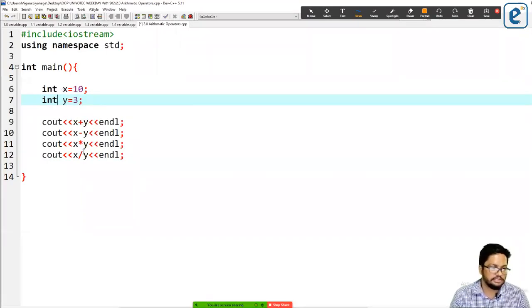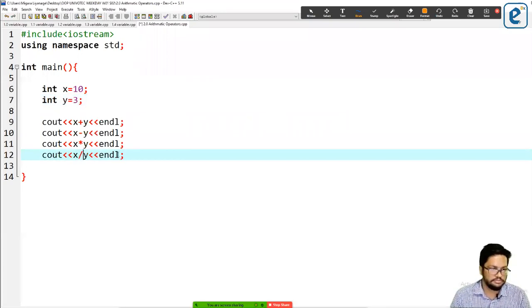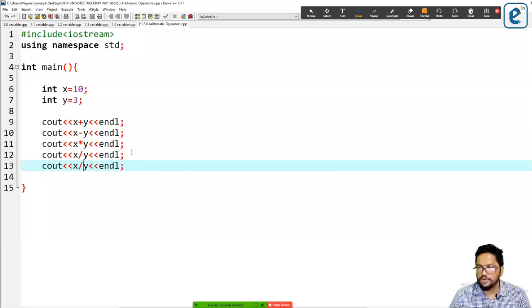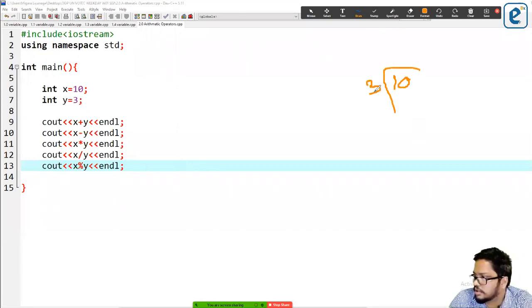And the other thing is this one, the modulus. So what I mean by modulus is this. When you divide, 3 times 3 is 9, right?